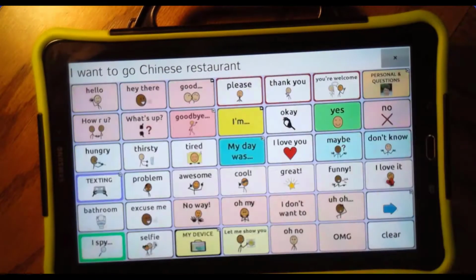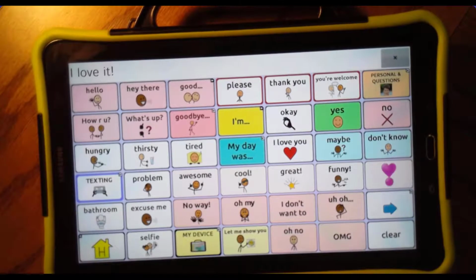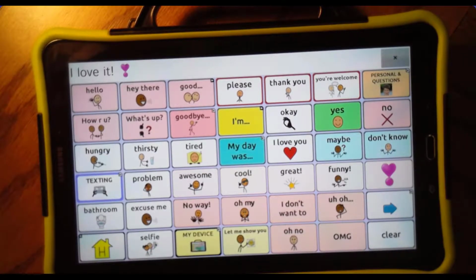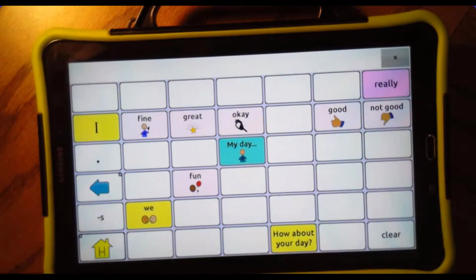Under the social, I can start with some of those fun phrases. How are you? Asking about how are you? I love it. I love it. Maybe introduce emojis. I don't want to. Start telling you how I feel about certain situations. I can also start talking about my day. So interacting and letting people know what you did during the day. My day was